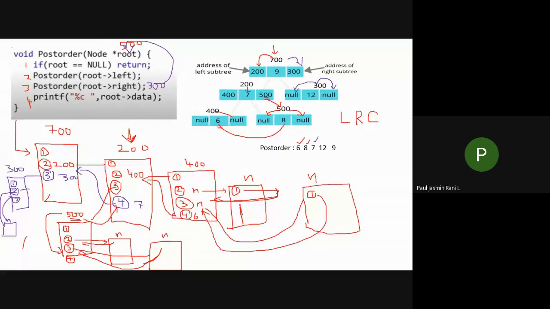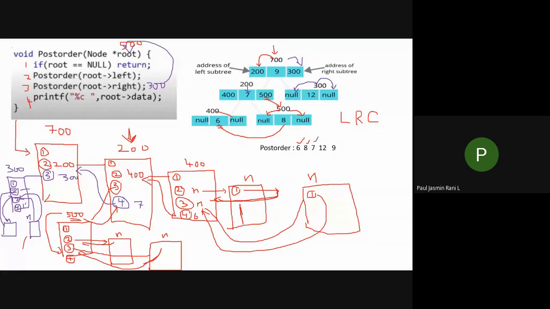So I'm going to call this statement again. Here I get the value as null. So if it is null, again I get back to this one. So after returning to this one, now I am in the third statement. Then after that I have to execute the fourth statement. Now tell me what value gets printed over here when I execute the statement. 12. You are going to print 12. Good.